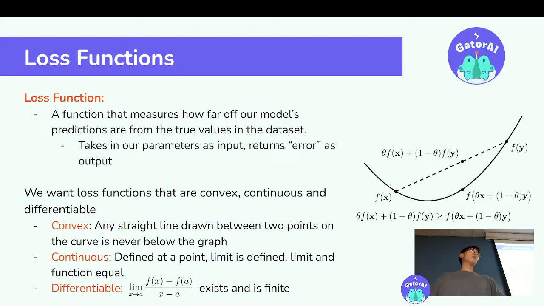And so we need it to be continuous and differentiable because if you remember from calculus, if you have a function and you're trying to find the minimum of that function, well, obviously, you're going to need to take derivatives to find the point where the slope equals 0, right? Because you don't want it to be decreasing anymore when it's at this global minimum. The slope should be 0, right?